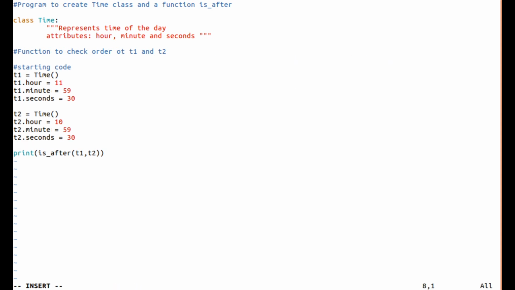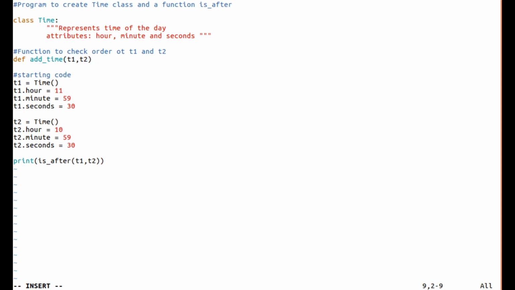Here let me write a function called add_time: definition add_time, it accepts t1 comma t2.